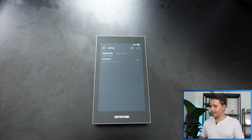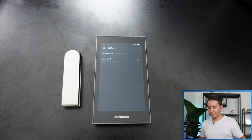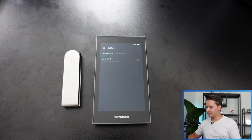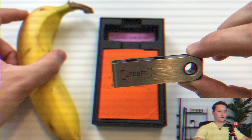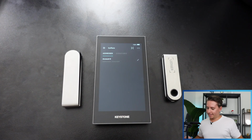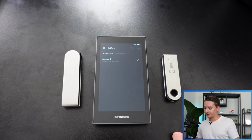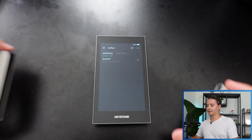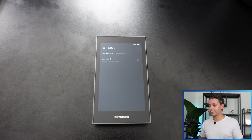And just for size comparison, this is the X, and then this is the S Plus right here. I'm not gonna use a banana for scale this time, like some of you guys may have seen in my other videos. It's a lot bigger because of the touchscreen, which can be a good or bad thing depending on how you wanna use it. So with that said, let's go ahead and check out how to use it with Solana, and more specifically, the